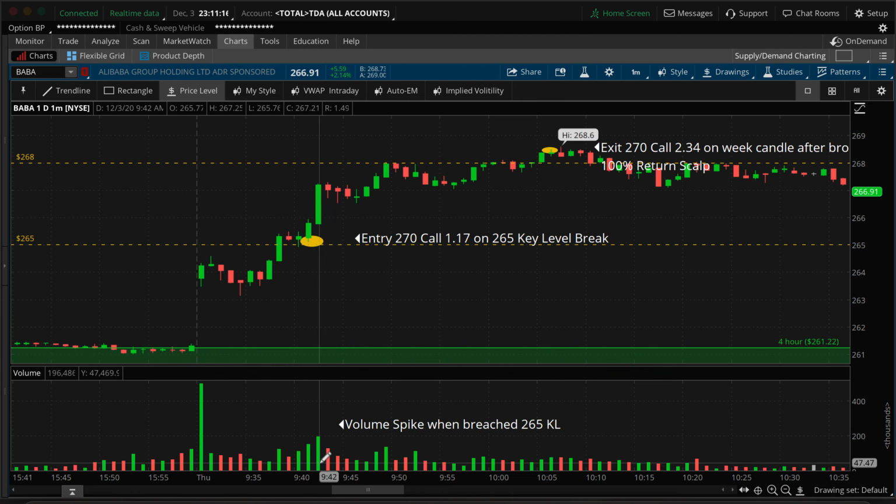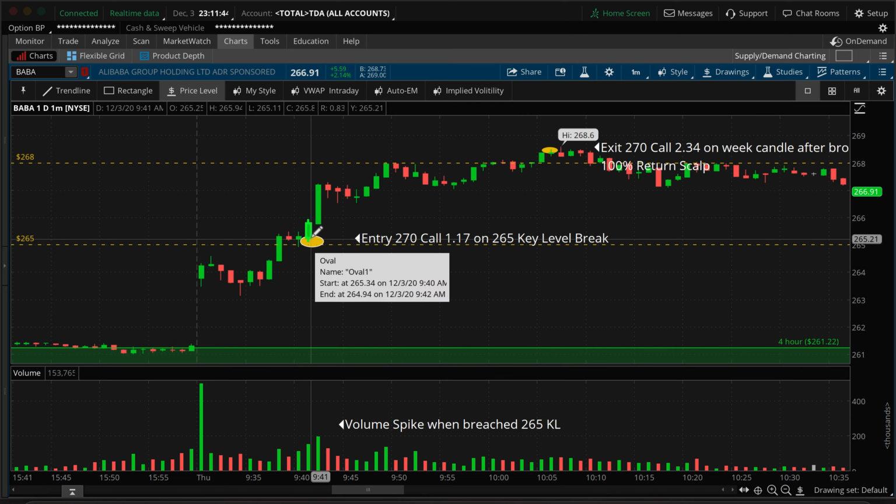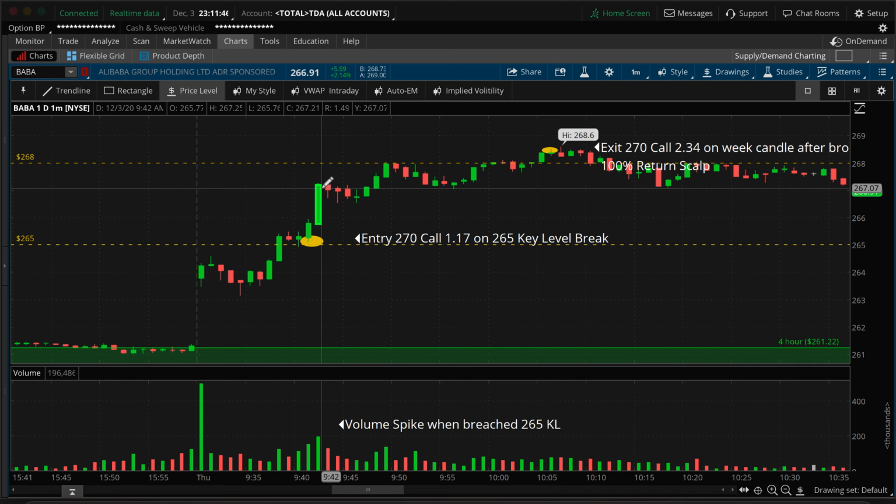You can see here we had volume pick up as we were in that key level. So that showed a bullish sign that we would continue compared to where we were down here. Once we hit and broke above that 265, we had strong volume, and then even all these zones we were higher than we had been down here. So then took this long here, had a good pump up. We hit the 268 here,